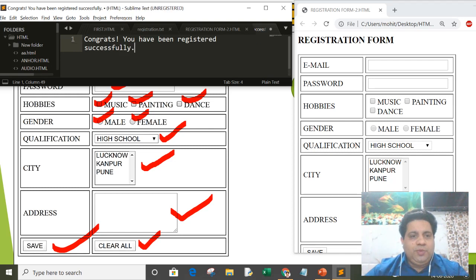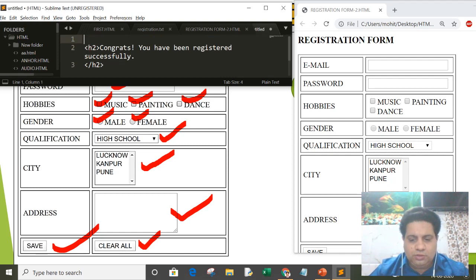Okay, I am displaying it and I am making it h3 heading, h2 heading. So within h2 tag I am writing, and then I am writing here HTML and I am closing HTML. Now these tags are optional also.